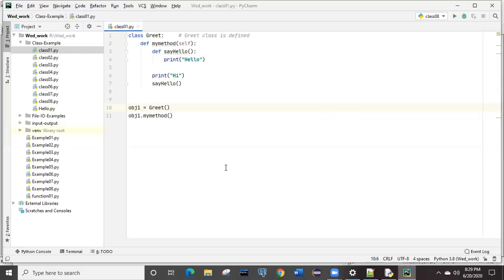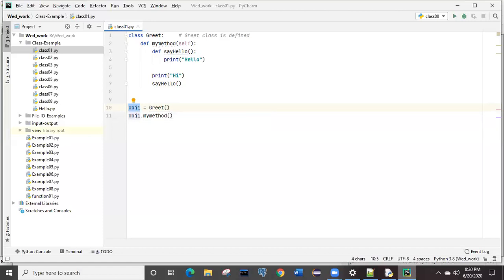Now here what we are doing, we are creating an object and that object name is obj1. You can give any name, right? Why do we want the object? Because without an object, a class method cannot be called, right? The normal method.